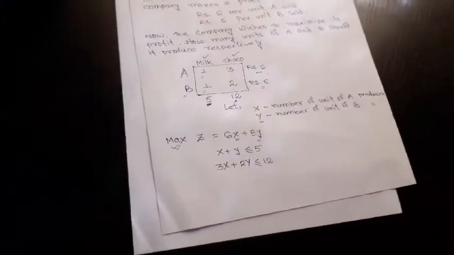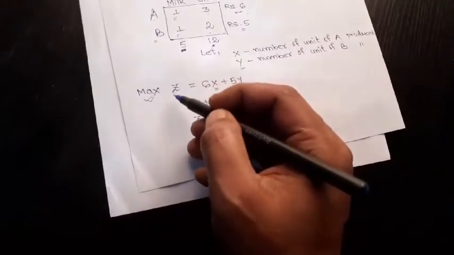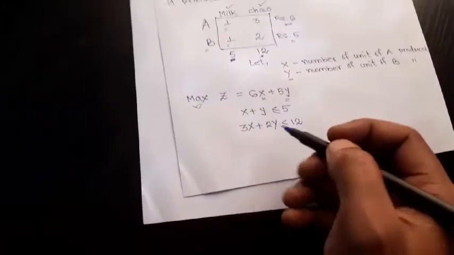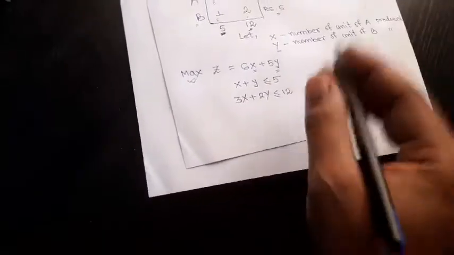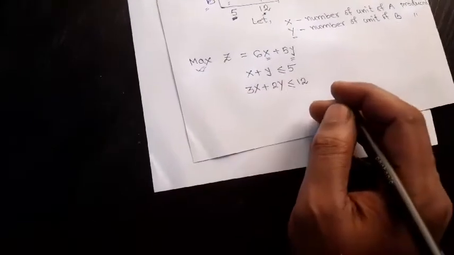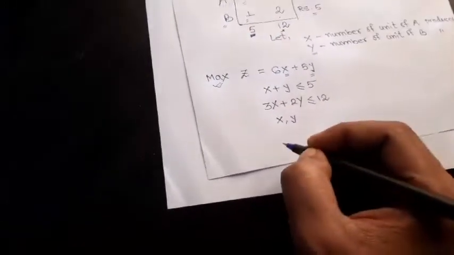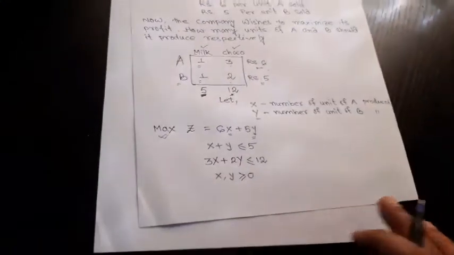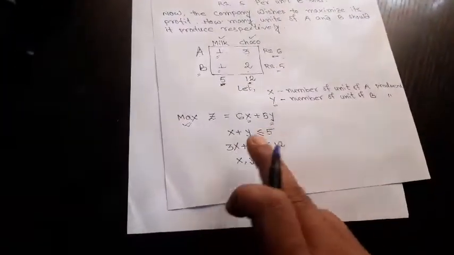Maximize Z. But the company is unable to increase this profit indefinitely because there are some restrictions. The restrictions are these, because of the availability of the resources. Again, the company is never going to produce a negative amount of X or Y. So whatever X is produced or whatever Y is produced must always be greater than or equal to 0. The company is never able to produce a negative amount. This is the linear programming formulation of the particular problem.